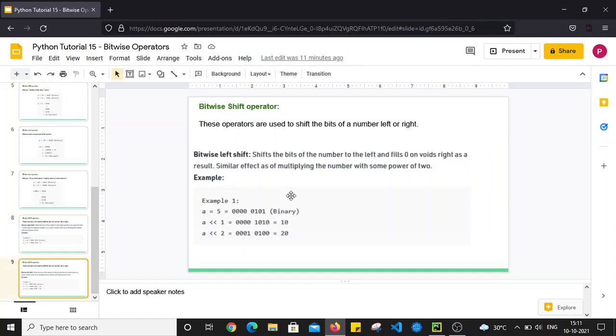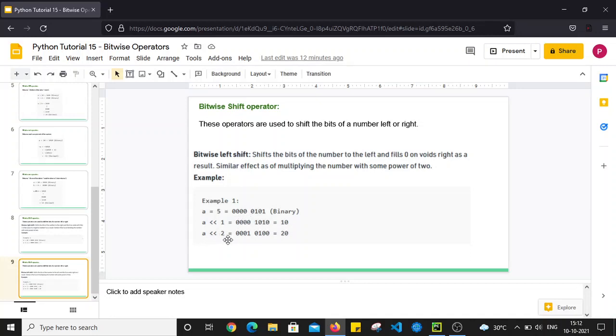Now, another example of the bitwise left shift operator. Here a value is 5, right? In binary it is represented as four 0s, then 0 1 0 1. So when we perform this operation, this is the symbol of left shifting, and this mentions that we have to shift one bit to the left side. So this 0 will be shifted here, right? After shifting, this will become 0 0 0 0, and then 1 0 1, and on the right side a 0 will be filled in. So it will become in binary 0 0 0 0 1 0 1 0, that is equivalent to 10.